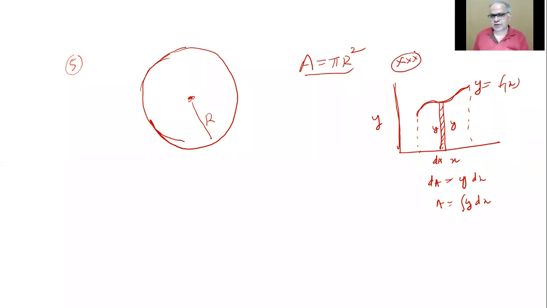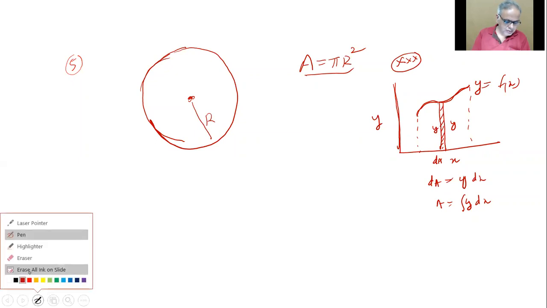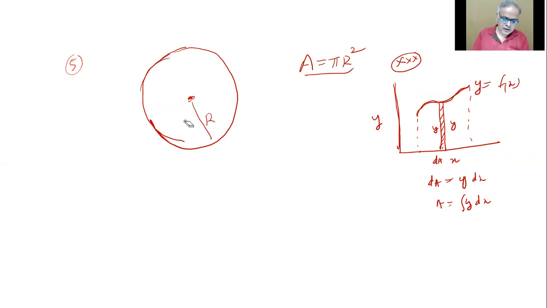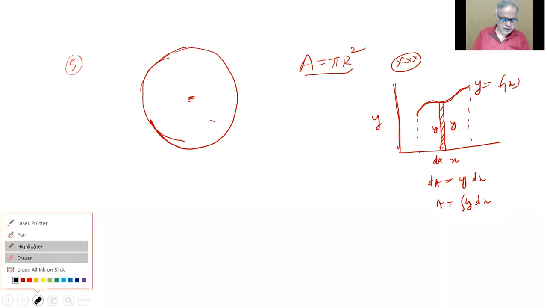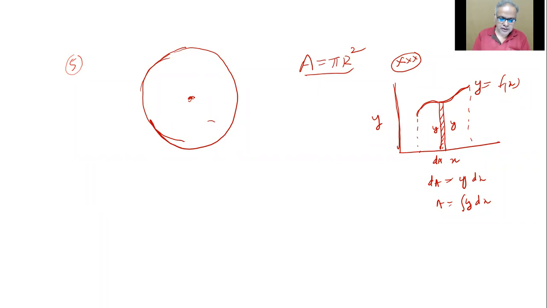Whenever in physics you first decide that in a particular problem integration is required, how to integrate? If this figure is there in your mind, a few times you keep applying like that and then feel comfortable over a period of time, right? Now, what do I do? What kind of an element here will I take? Area physically I can see there, isn't it? So I should be able to find out a small area here, a very, very small, infinitesimally small area. First of all, I should be able to locate it.